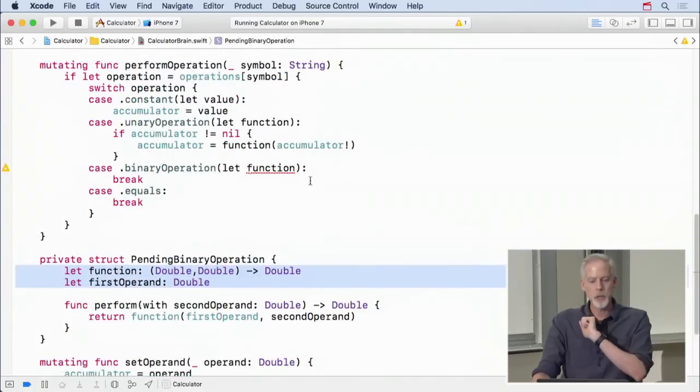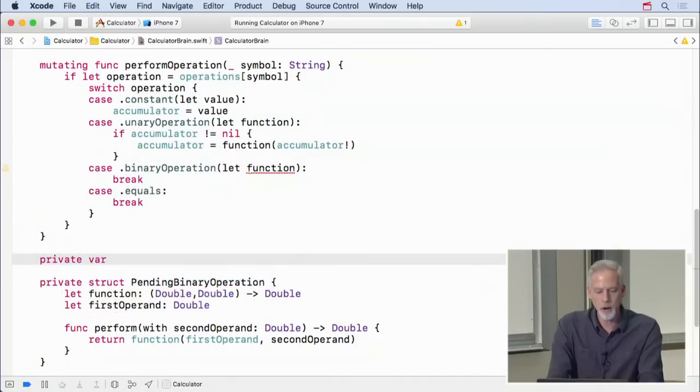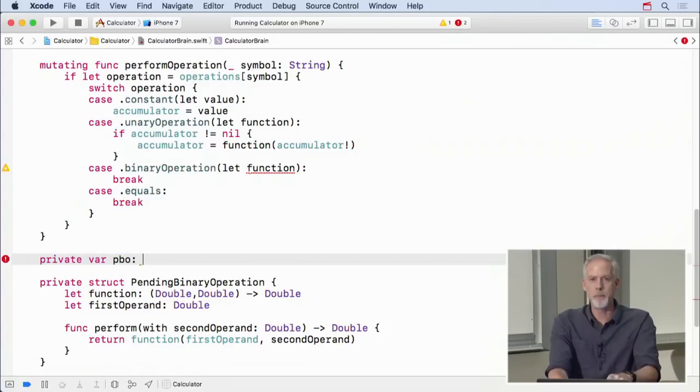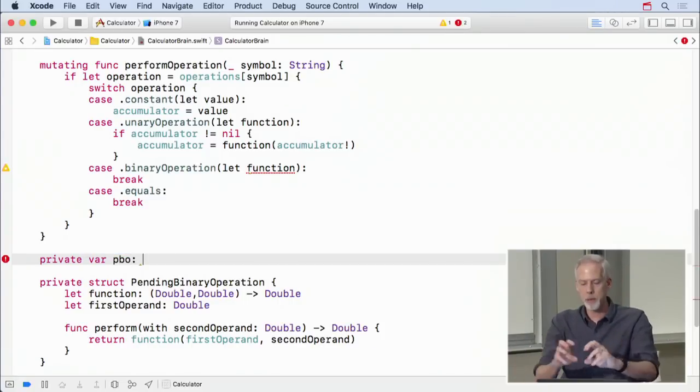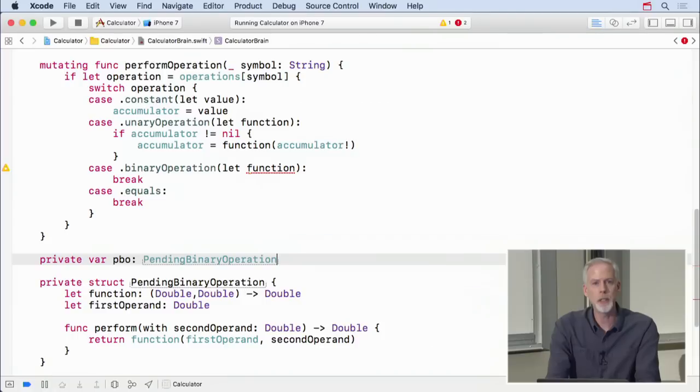And in fact, let's use that right now. I'm going to create a private var, which I'm going to call pbo, pending binary operation, but only temporarily because this is a bad name. I'm mostly doing it so things won't wrap because I'm using a big font so you can see here. I'm going to go actually change this back to a better name in a second. But this pbo is a pending binary operation and